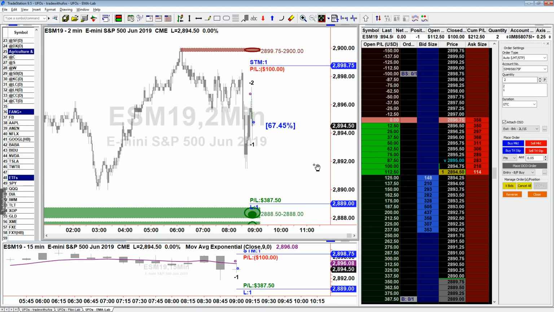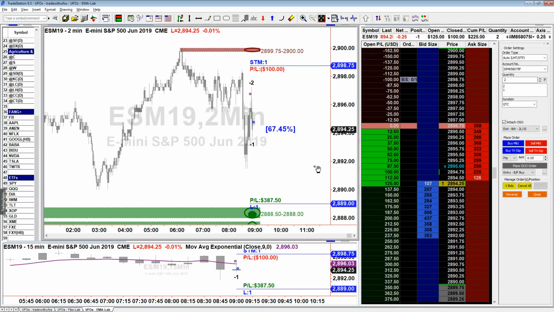So I'm just going to wait, and the instruction I'm going to give you right now is simple. If we hit 200 profit, or of course more if you have more contracts, basically if we hit 2892.75, which is double the profit that you made when you hit target 1, then I'm going to start moving my stop. In the meantime, I will not. And that's the only rule for trade management I'll give you today.